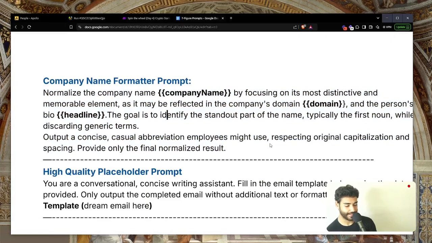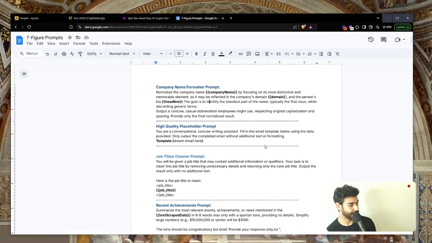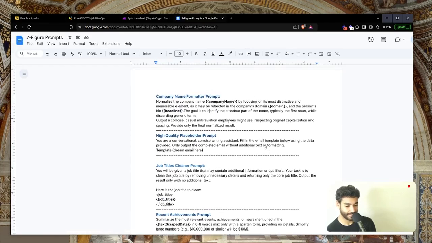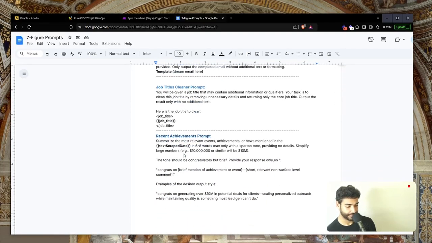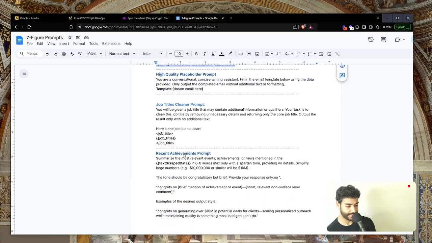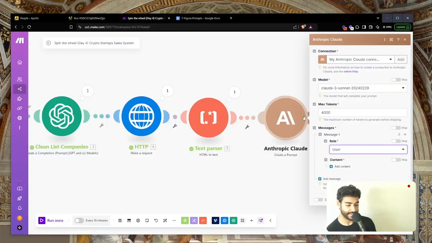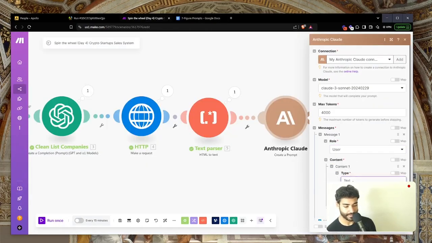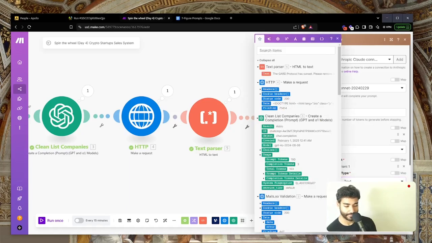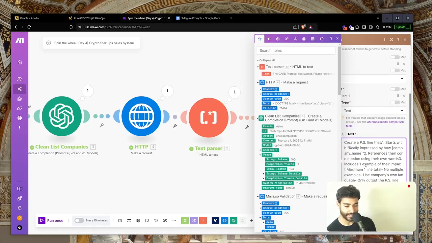And I think in terms of the copy, I already have a couple copies that did well. Maybe we could get inspired. So recent achievement. Yeah, this is what we're going to do. I'm just going to copy this. We're going to generate a PS line, guys. Go add content, click text, and then create a PS line that starts with really impressed by how company name, reference their